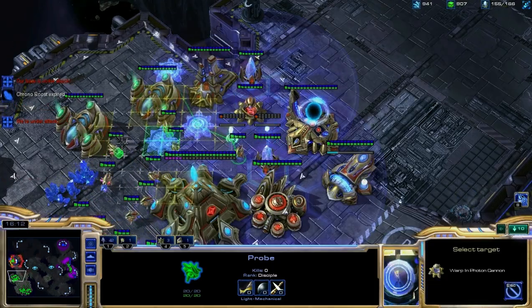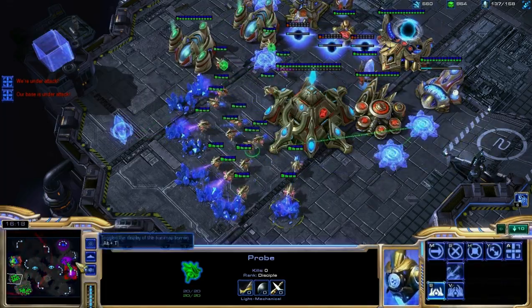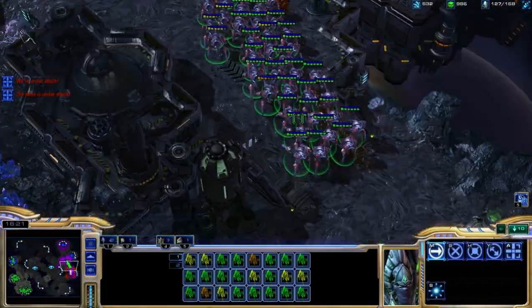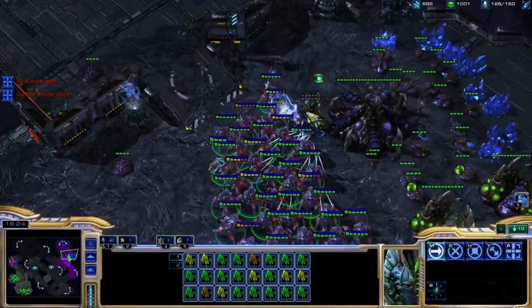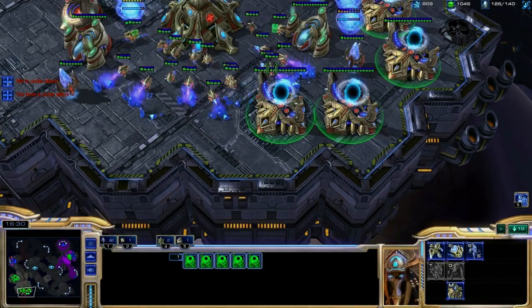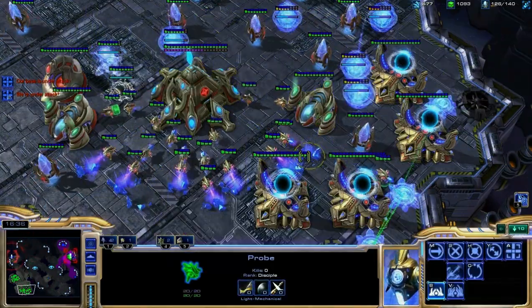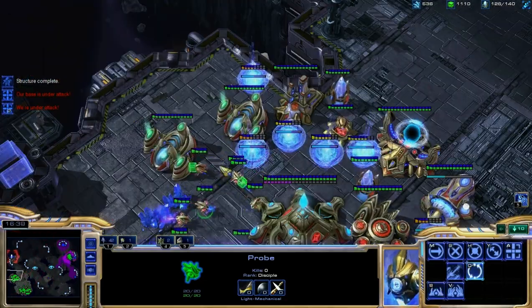Okay, I should have gotten a Templar Archives. It's kind of too late now, but I should have gotten a Templar Archives, just so that I could have made, like, a lot of Archons to defend. But yeah, now I'm just going to try to base trade him. Should work out or what? I mean, I think I have the bigger army. Yeah, I do have the bigger army, so I should... as long as I kill a Spire and everything...